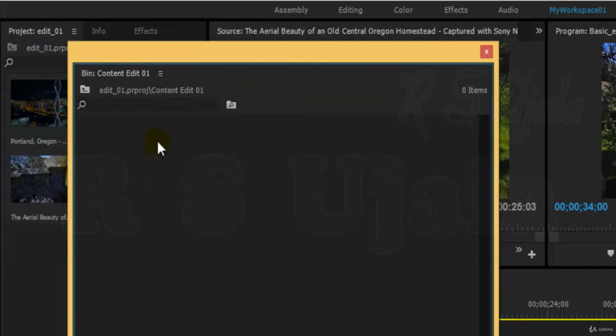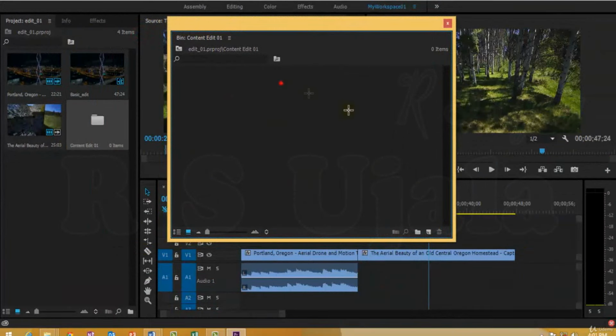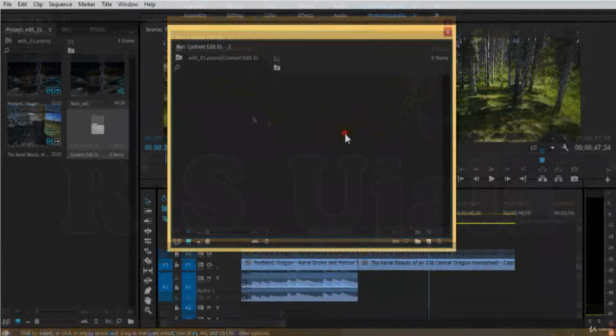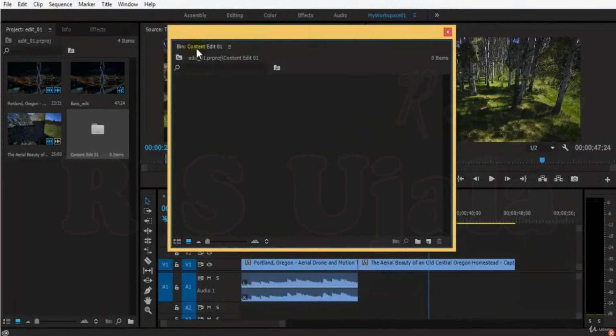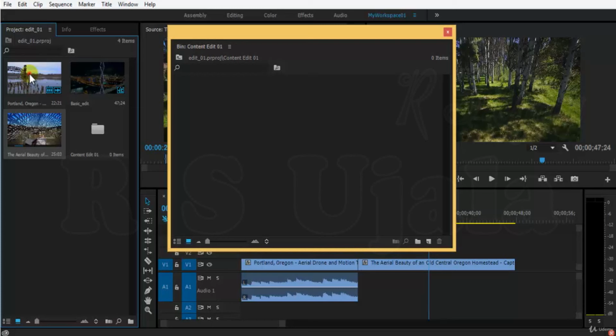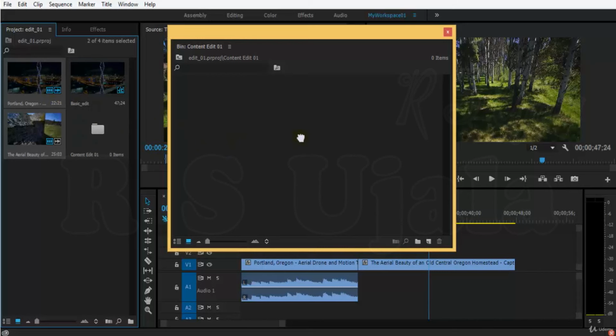Once I go here, it opens this bin. Right now there is nothing, it shows 0 items. So this bin has been opened with the name of content edit 01 as we had renamed this. What I would like to do is take these footages by coming on the project panel, selecting this, and pressing Control on Windows or Command on Macintosh. So you can just quickly select them, and with the left click of the mouse,